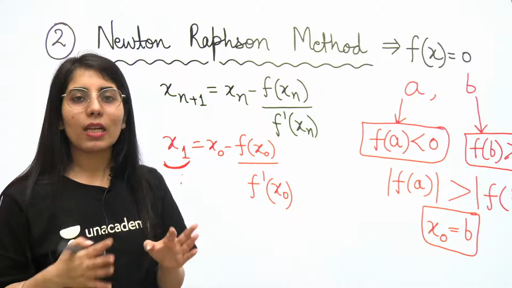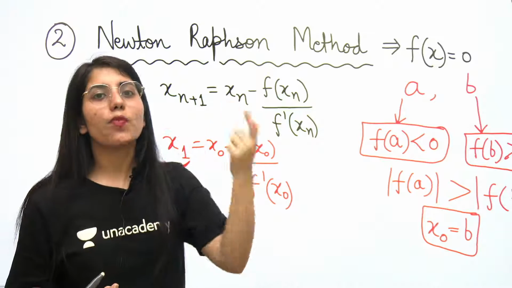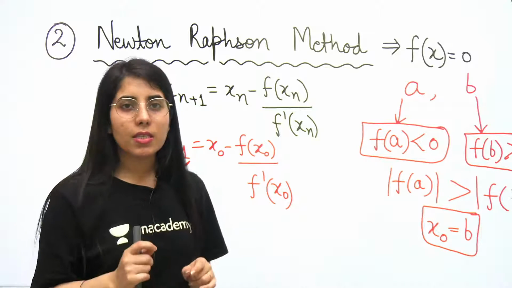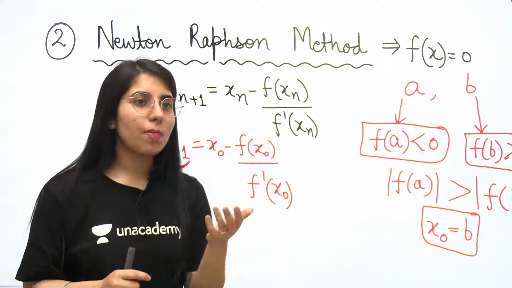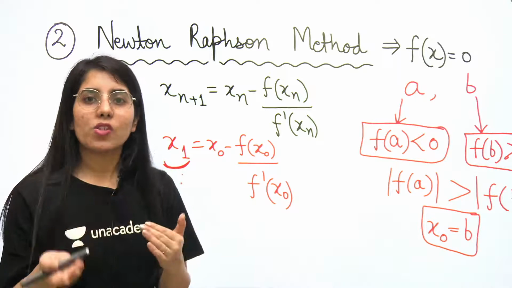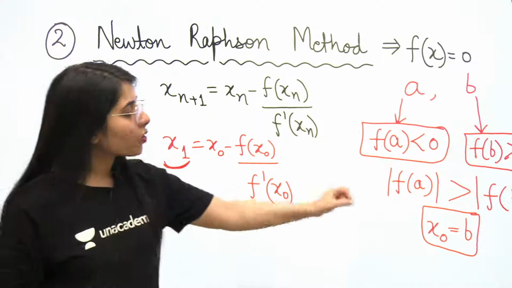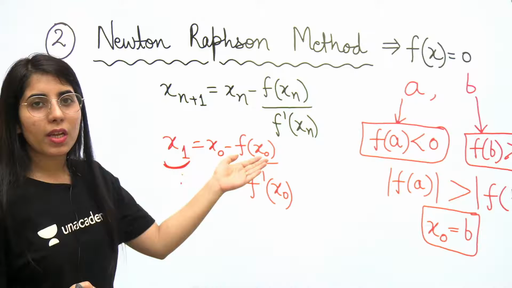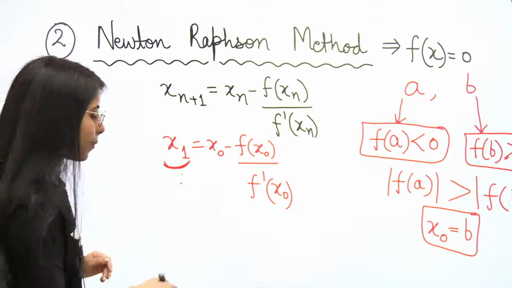Okay, it's basically with the help of iterations that you are finding it, and this method is known as the Newton-Raphson iterative method, because we have different iterations. Clear? In previous years in the CSIR NET exam, the questions from this method asked about finding the next iteration value or the guess value. What will be the second iteration value? That's how they asked us to find it. Clear? If you know the initial guess value, you just put its value in this formula: x naught minus the function's value at x naught upon the first order derivative of the function at x naught.